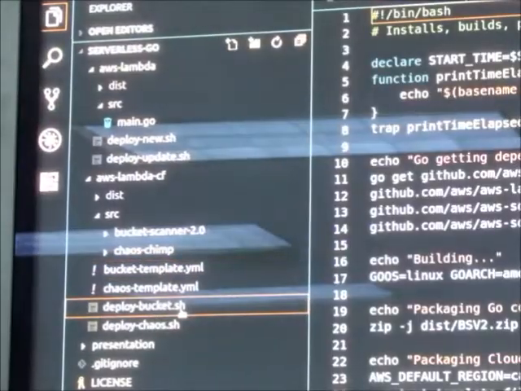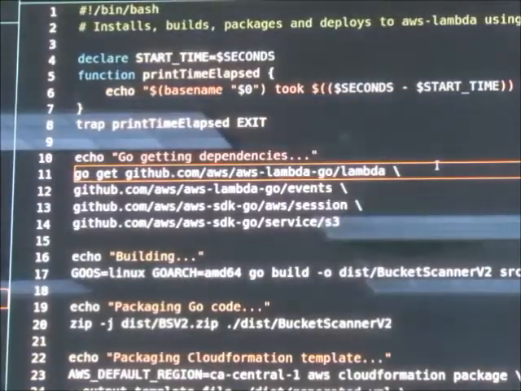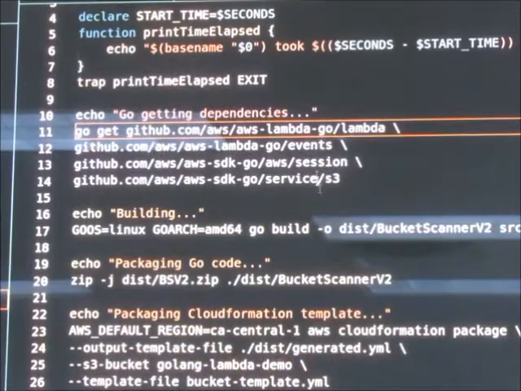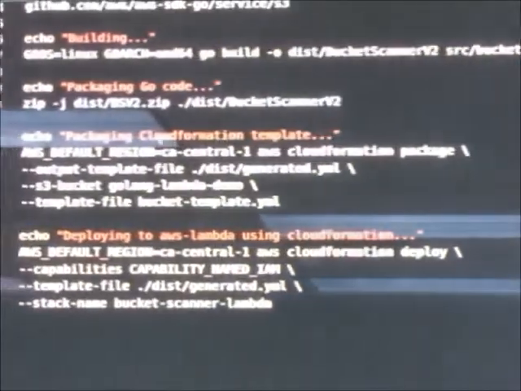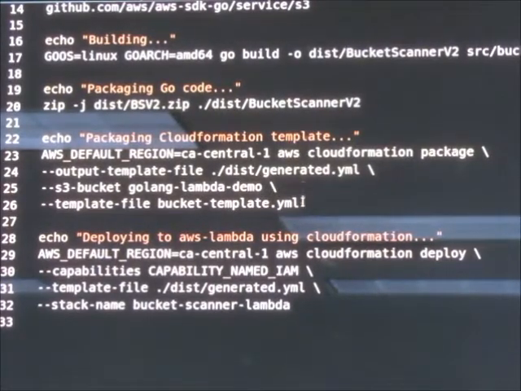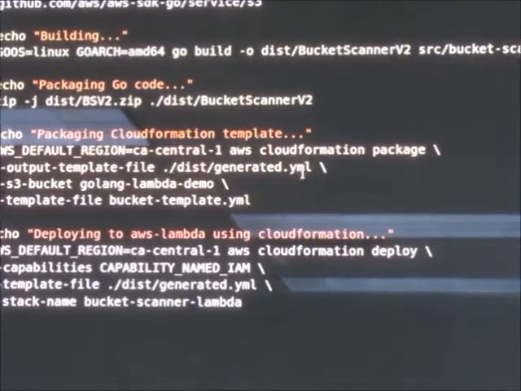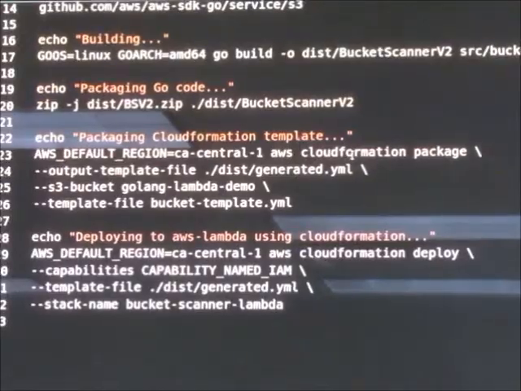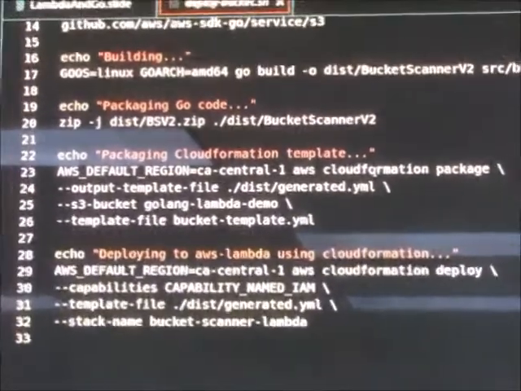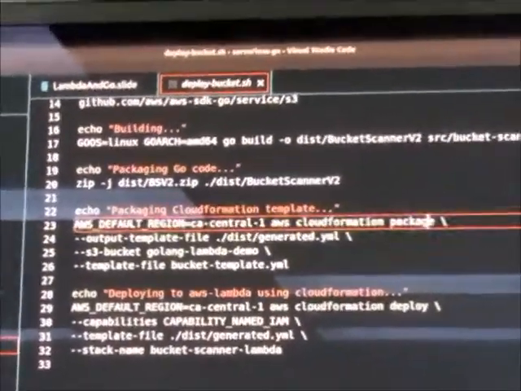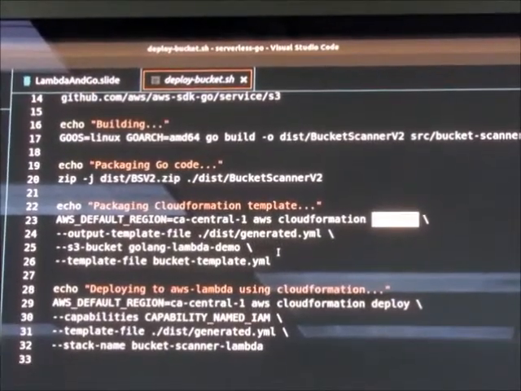I didn't actually go into the script, but it's pretty much almost the exact same. Grabbing my dependencies, building it, spitting it out into a zip file. The only difference here is that I'm using AWS CloudFormation as opposed to AWS Lambda as before, and I am packaging my Go code.